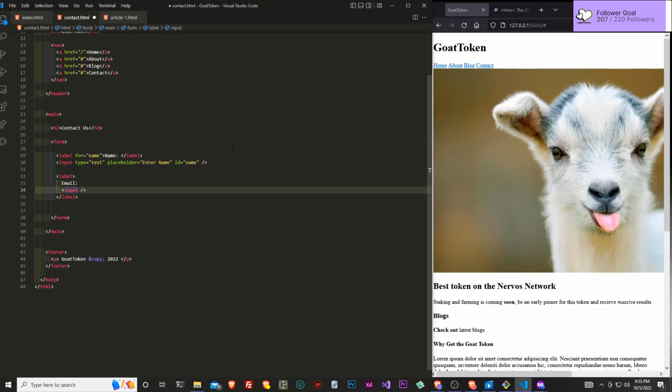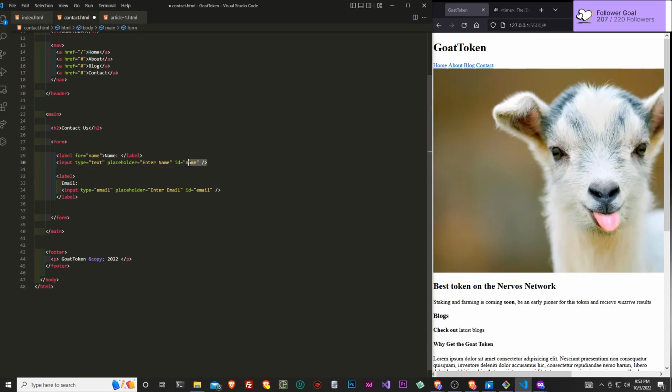So inside of this label, we're going to have an input, which is going to have the type of email. We're going to give it a placeholder, enter email, and you can see automatically it gave us an ID of email. The reason why we put an ID is so when the user does submit this form, the values placed inside of this input will be the same value that is basically good for storing.